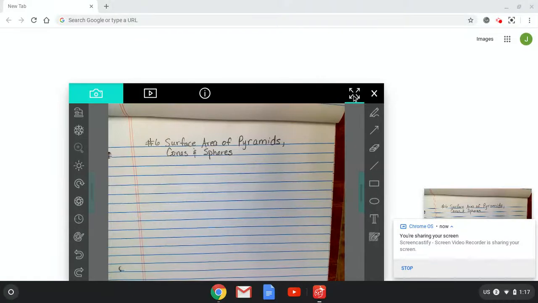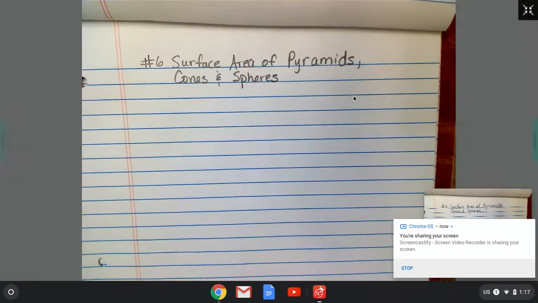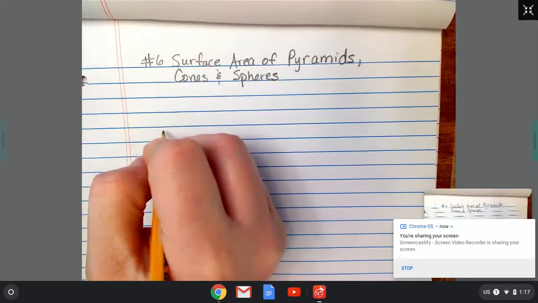Hi guys. We are nearing the end of surface area. We are just about there, and then we'll hit some volumes. Surface area we've got left is pyramids, cones, and spheres. Okay, so I'll try my best to draw